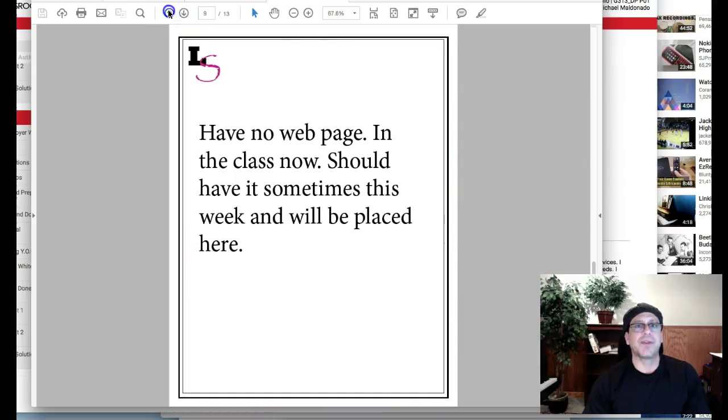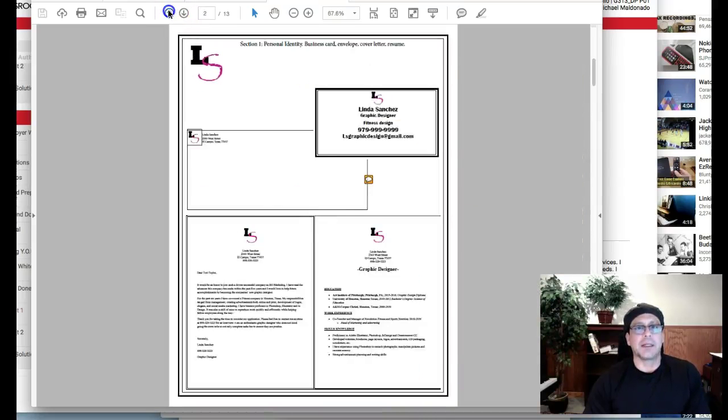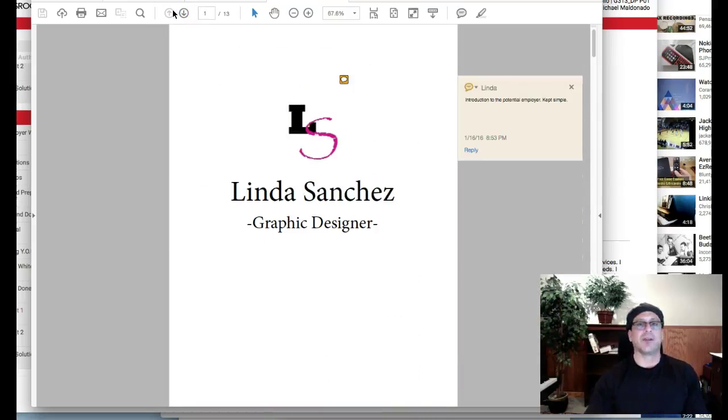And the problem with centering things is that it doesn't activate the negative space on either side of the design. So in other words, this would look a lot different if this LS was over here, and then over here you had Linda Sanchez, graphic designer, left aligned. So you'd have your logo here, and over here Linda Sanchez, graphic design, nice and aligned. You could even make the logo bigger as long as the bottom aligned. There's got to be alignment somewhere other than center alignment. Try that. I think you'll be